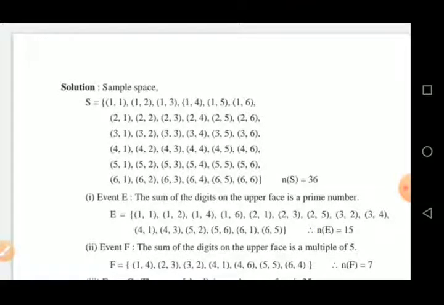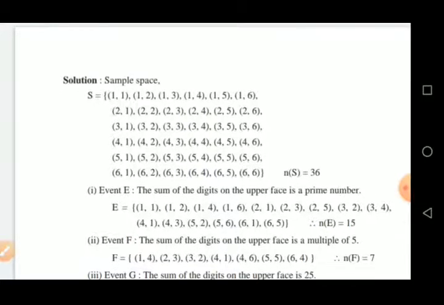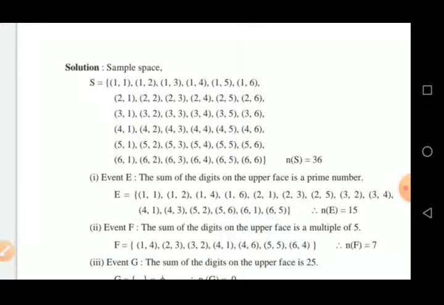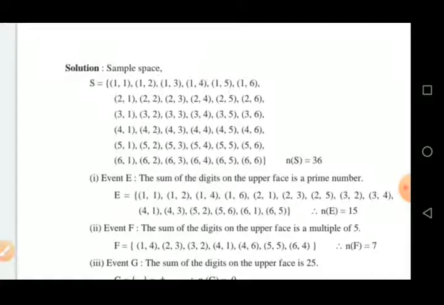Now, for writing the event, give any letter to the event. Number 1, event E. What is the condition for that? The sum of the digits on the upper face is a prime number.